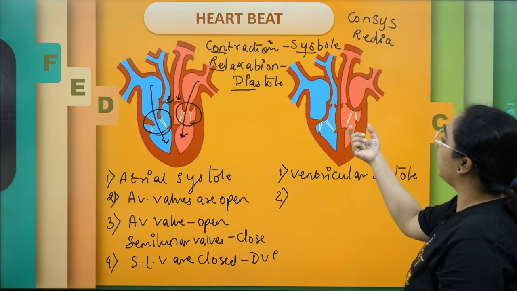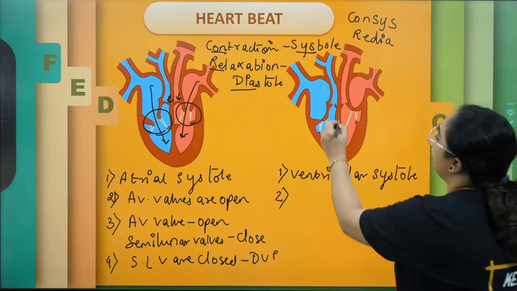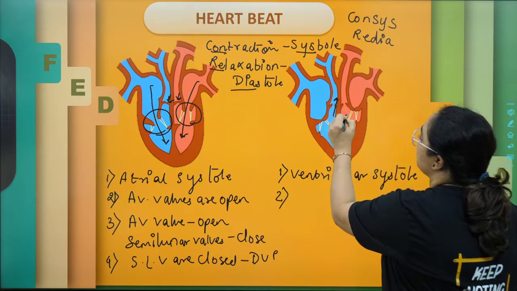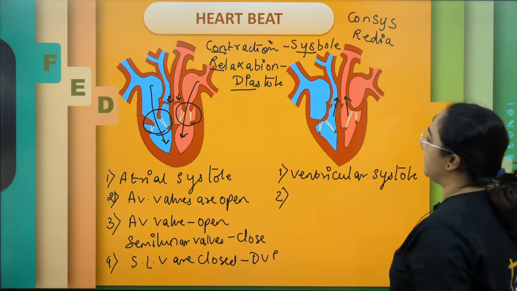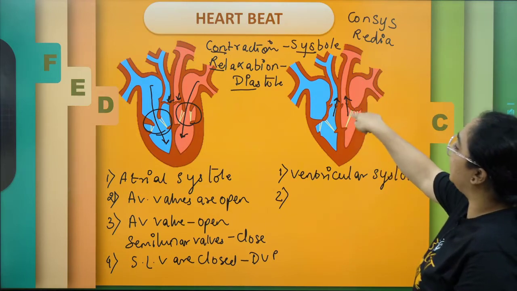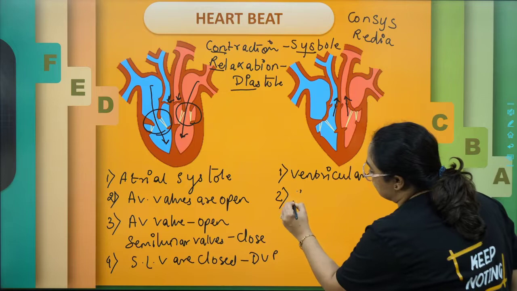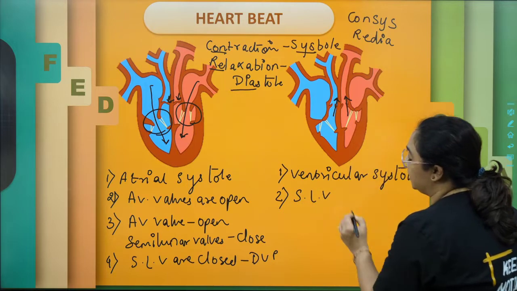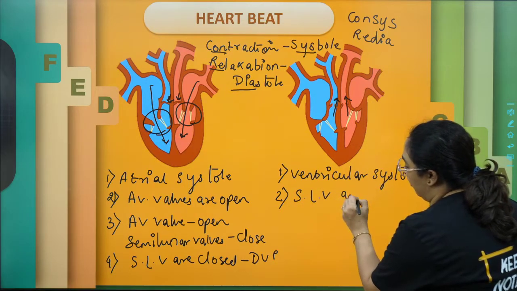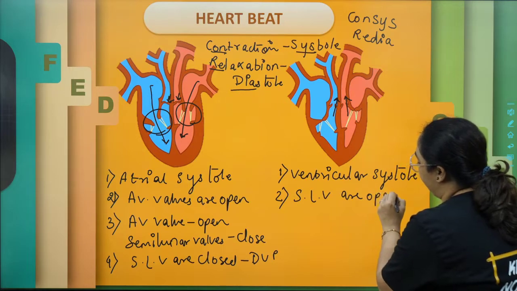रीजन यही है दैट द एवी वाल्व्स आर क्लोज्ड एंड सेमिलुनर वाल्व्स आर ओपन and so the blood is flowing through the semilunar valves. Now यहाँ पे मैंने upper arrow दिखाया है the valves which are open, right? So SLV, I am writing down in short, semilunar valves are open and the blood is flowing from